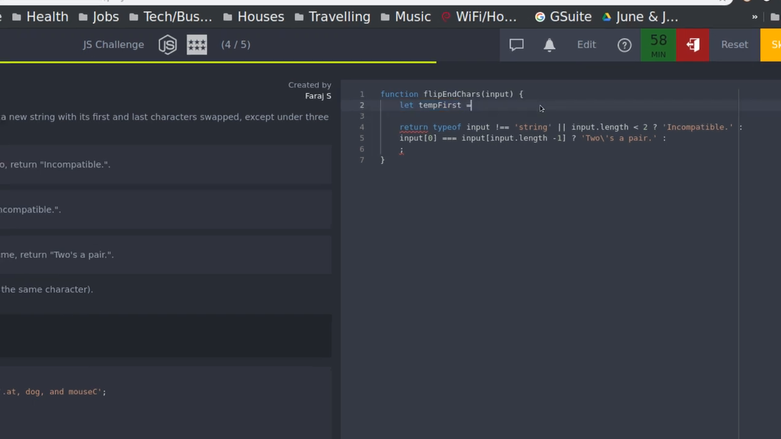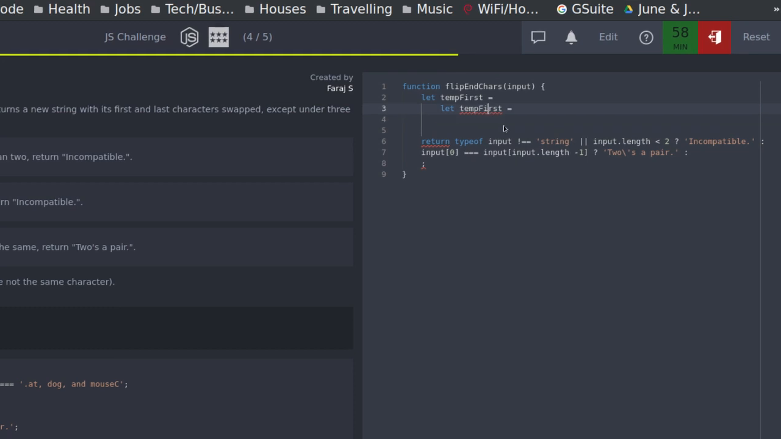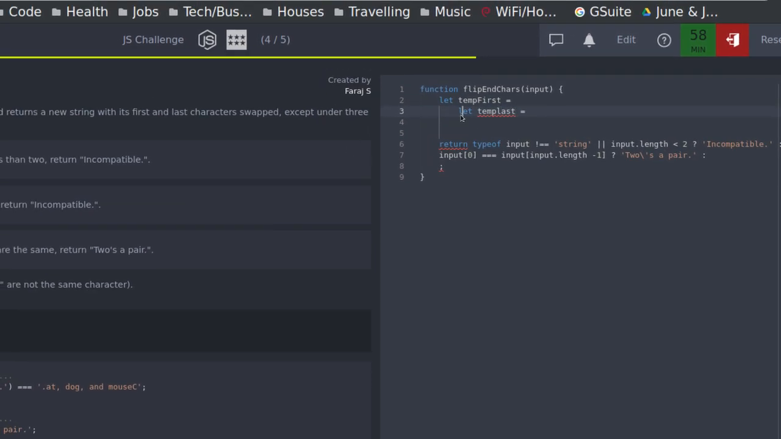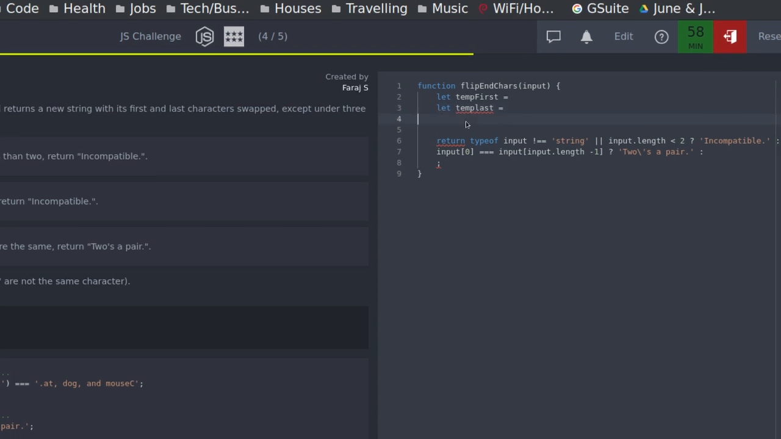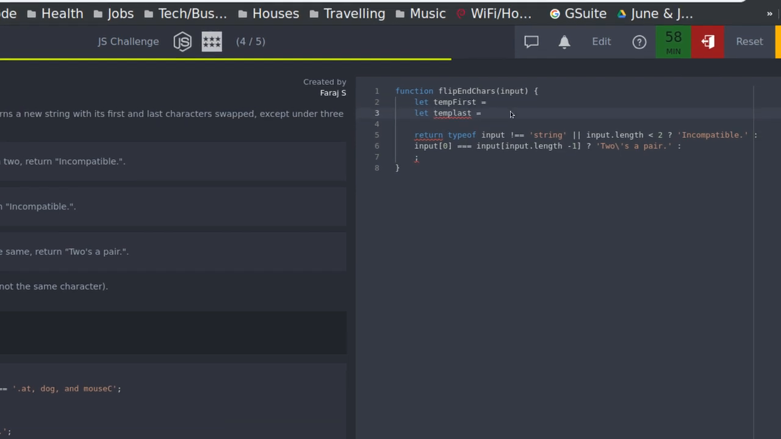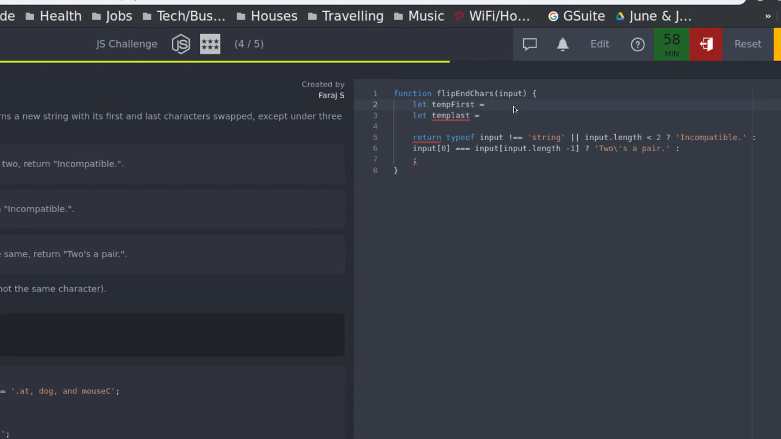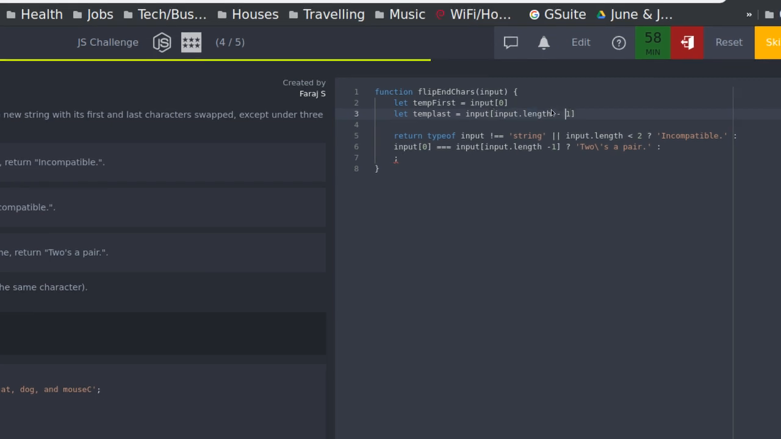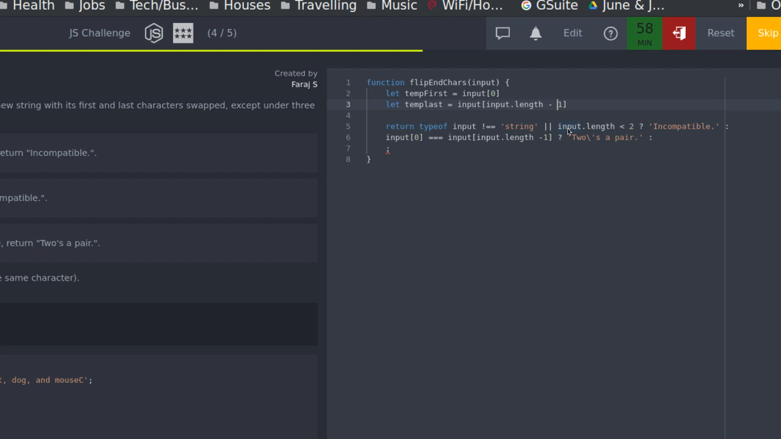And then I just returned it as last character plus middle bit plus first character. Okay. I'm sure there's a better way of doing that. Temp first and temp last. So let's just do the same thing. I'll have a look at other people's solutions to this question in a second. Input.length minus 1, same thing as we've just done. Okay, and then